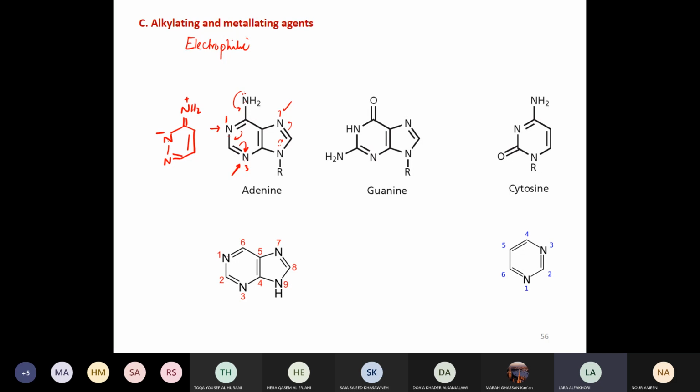It's a nucleophilic nitrogen. لكن for a reason أنا صراحة did not find in literature anything that explains it. إنه ما بين مثلا 7 و 1 و 3 mostly بحالة الأدينين بيصير على 1 و 3. Okay? طيب what about الجوانين؟